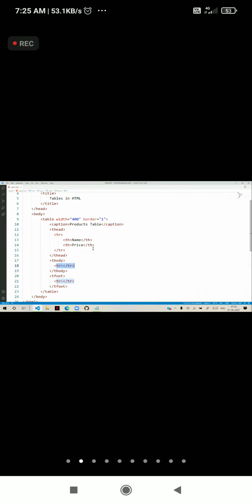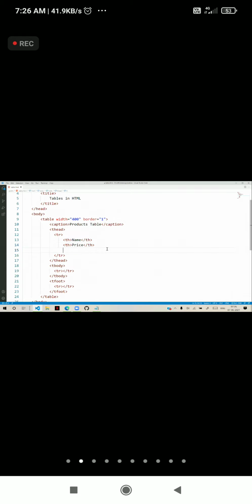You can put any content inside a table cell. You can put a picture, you can put a table inside a table, you can put a link, anything. So a table cell is a container, you can keep anything.